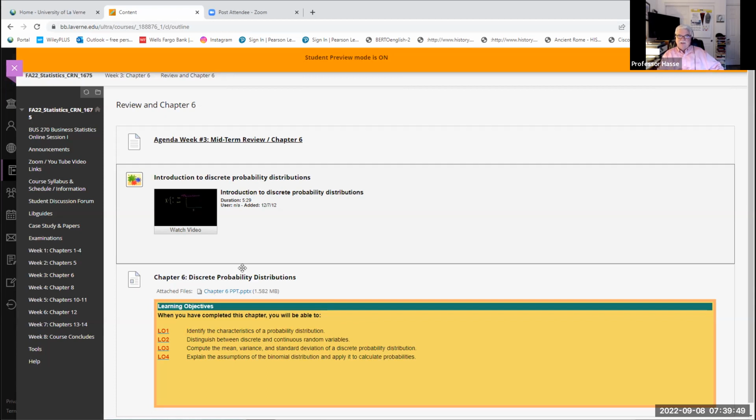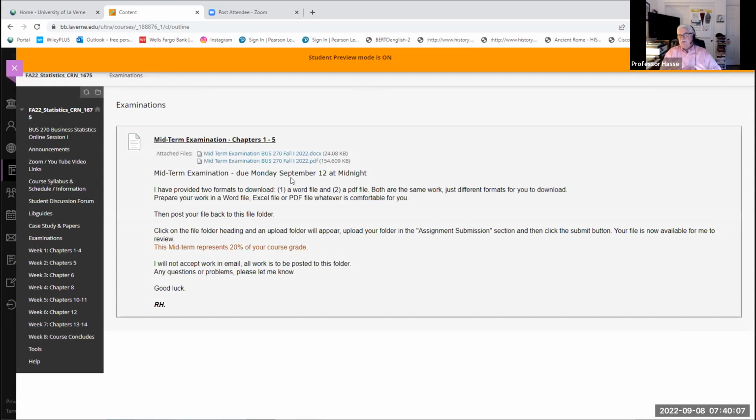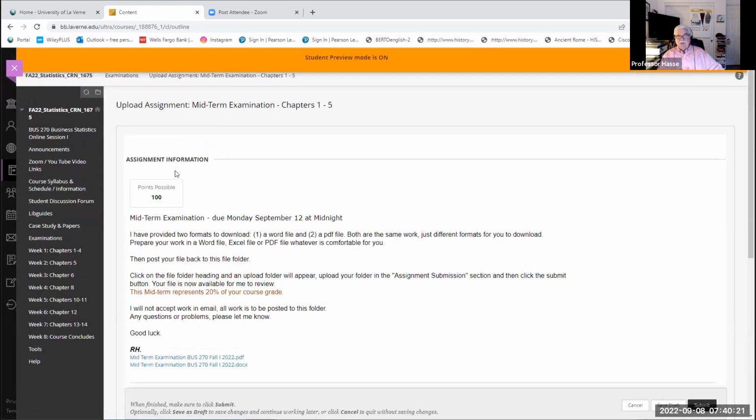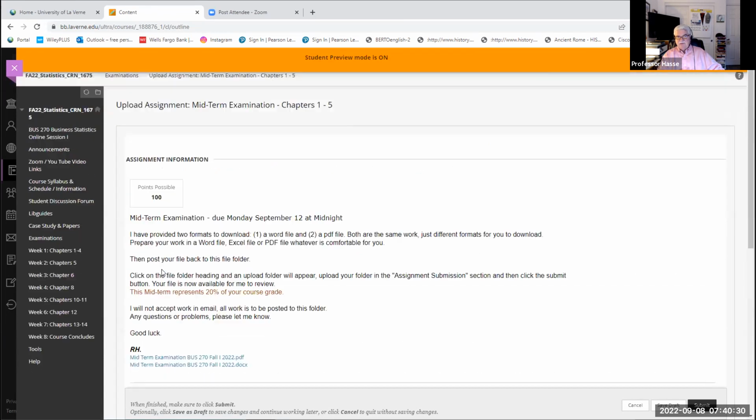So our midterm is designed to go over these key concepts, especially of week 1 and week 2. Review that material, and that material is in these questions that we talk about. So again, you go to the examination file folder. There's the midterm. It's in 2 different files. Both are the same, a Word doc and a PDF. Download those files and then answer the questions either on the Word document or create your own file and submit that by clicking on the file heading and going to submission, finding your work, and then upload your work and then submit your work. Again, if you have any questions on that.